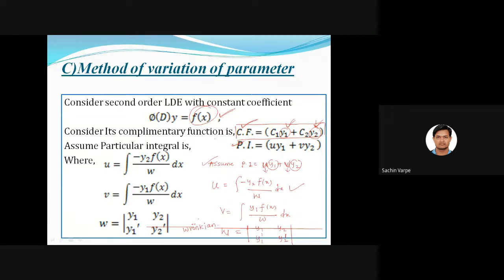Is this method clear to everyone? Method of variation of parameter to find the particular integral. It's completely different from the shortcut. If any shortcut is not applicable, or even if it is